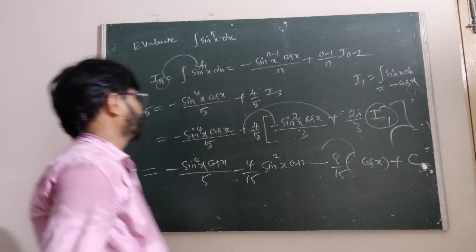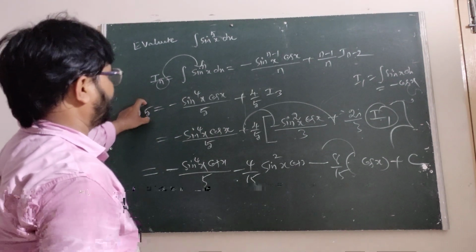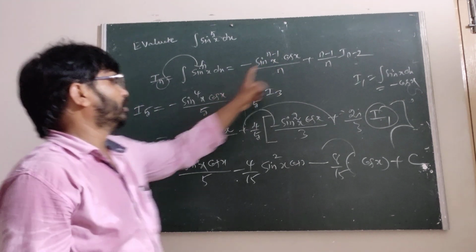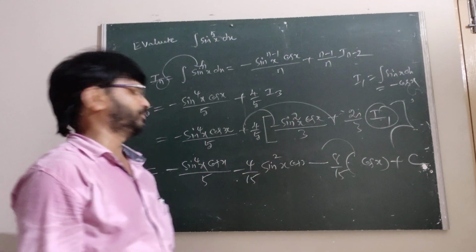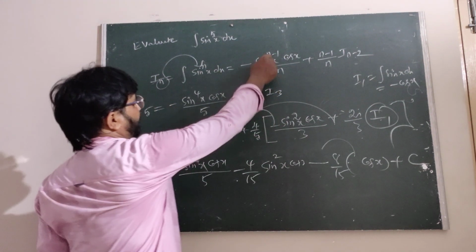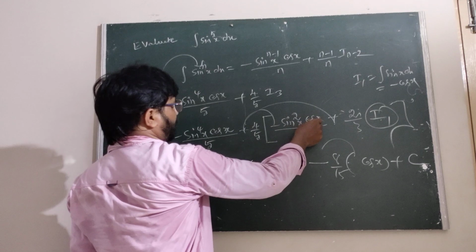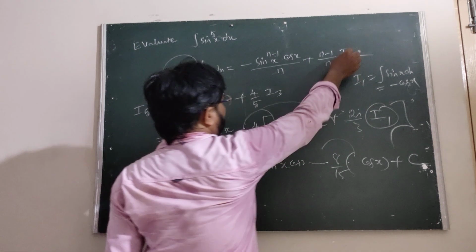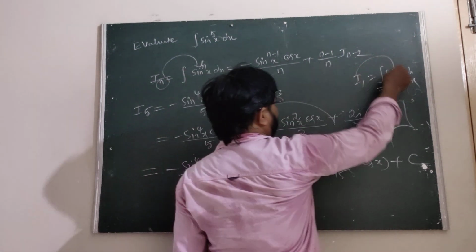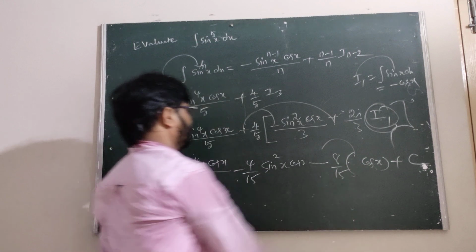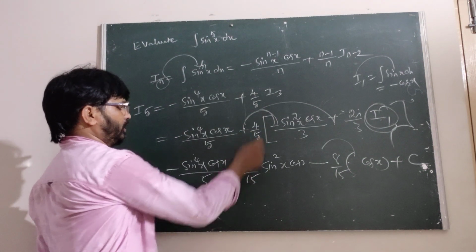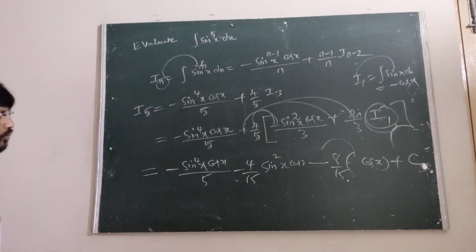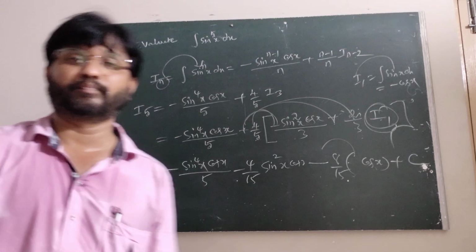Sorry. Is it clear? Put n equal to 5, that is 5 minus 1 is the 4. Therefore, n is the 5. 5 minus 1, 4 by 5, I3. How to find the I3? We are taking n equal to 3. 3 minus 1 is the 2 into cos x, n is the 3. Now here 3 minus 1 is the 2, n is the 3, 3 minus 2 is the 1. I1 is the integral of sin x is the minus of cos x. Therefore, now it is multiplication with minus 4 by 15. Next, 8 by 15. This is the answer. Okay. This is the integral of sine power 5x into dx.